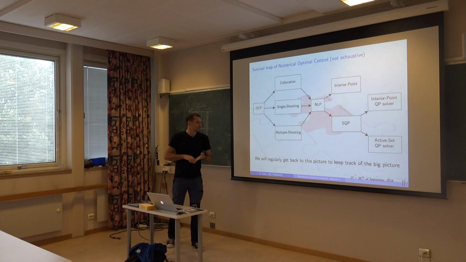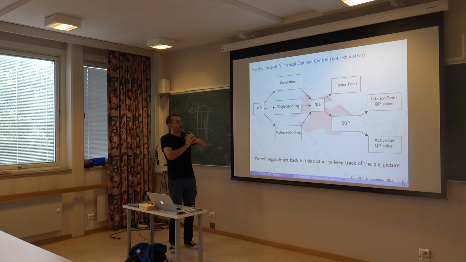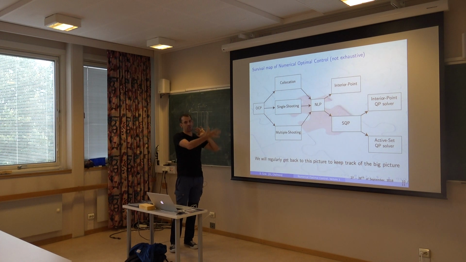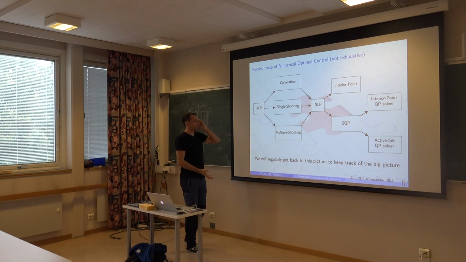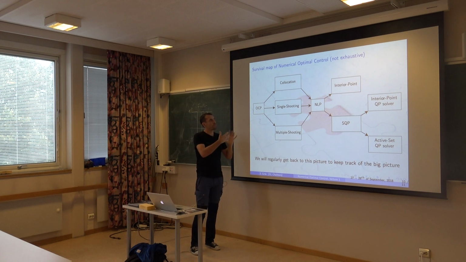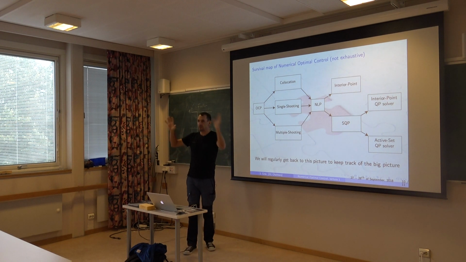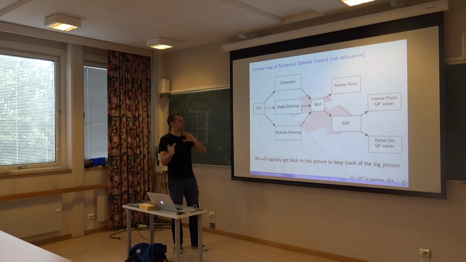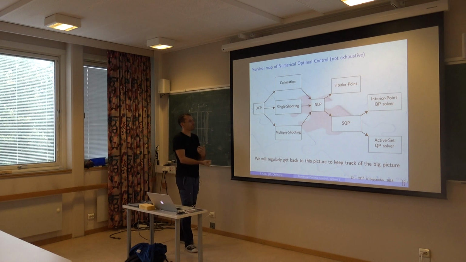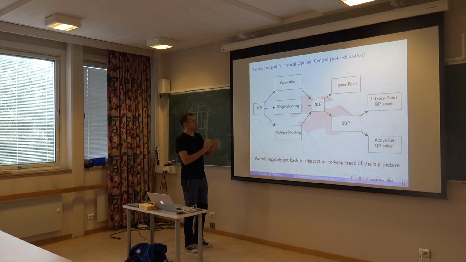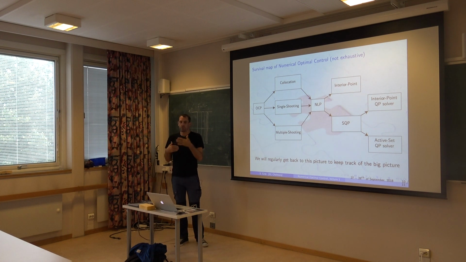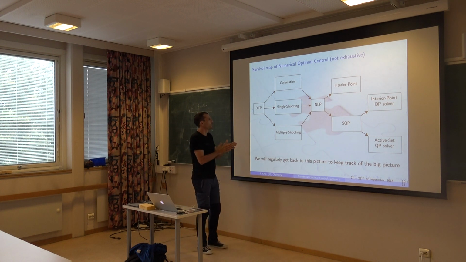Okay, so I usually use this map with my students to help them understand what we're talking about. Because essentially numerical optimal control is really a kind of a big thing with many different boxes, and if you are not sure of where we sit, what we're talking about, it's good to go back to the map. So I'll go back to this thing a number of times when I move from one topic to the next. But essentially the tool chain, when you go from an optimal control problem to solving it, will be this.